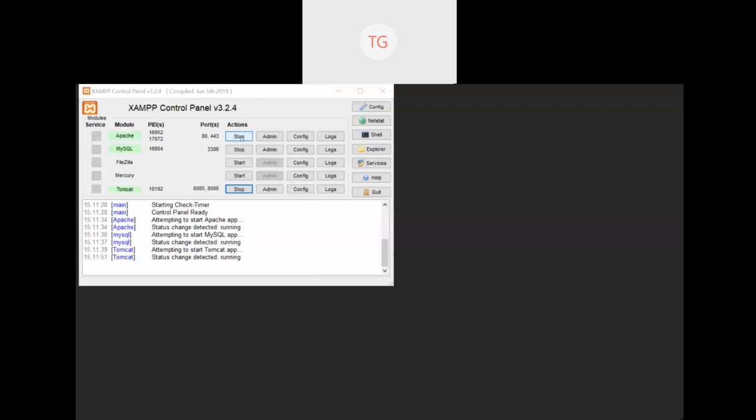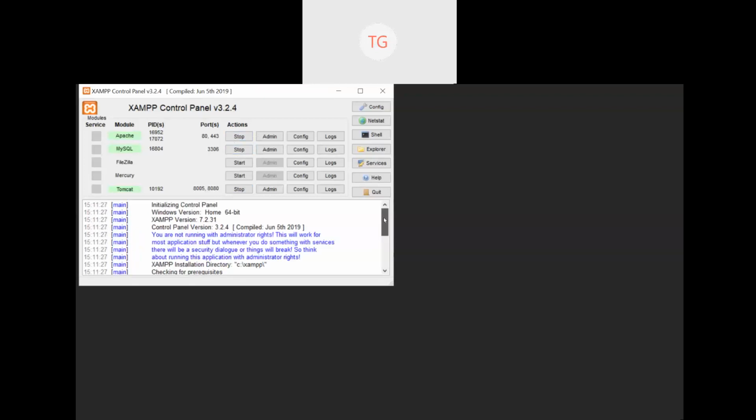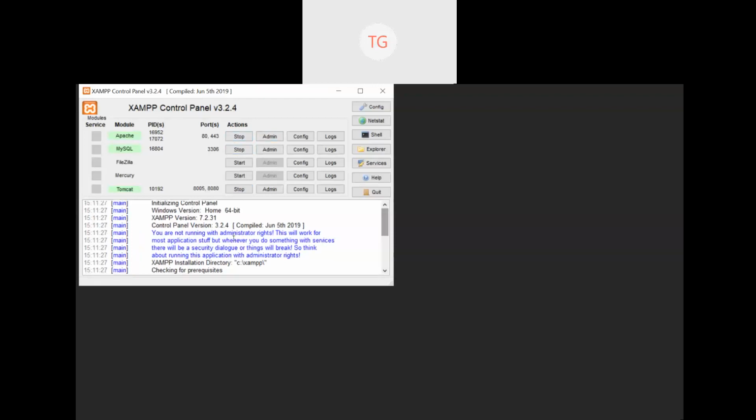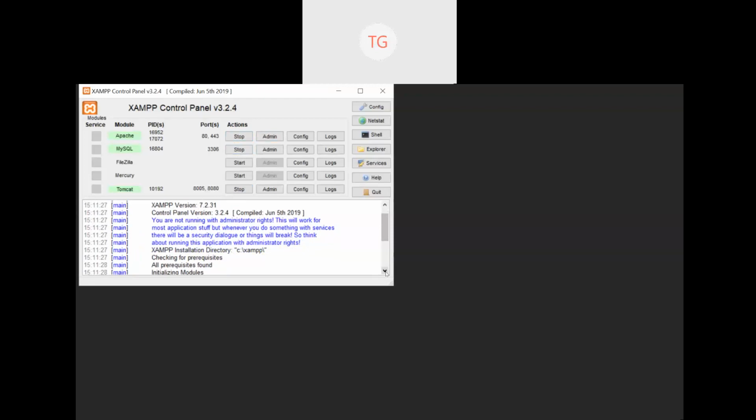Within this server, you have to start 3 services. First is Apache, next is MySQL, and third is Tomcat. And you can see the status of each running in the control panel available down below. The moment you start Apache, it will say the Apache installation directory was accessed, prerequisite found, and service started. If it is a successful start, this module will be highlighted in green. So start Apache, start MySQL, and then start Tomcat also, ma'am, the last one.